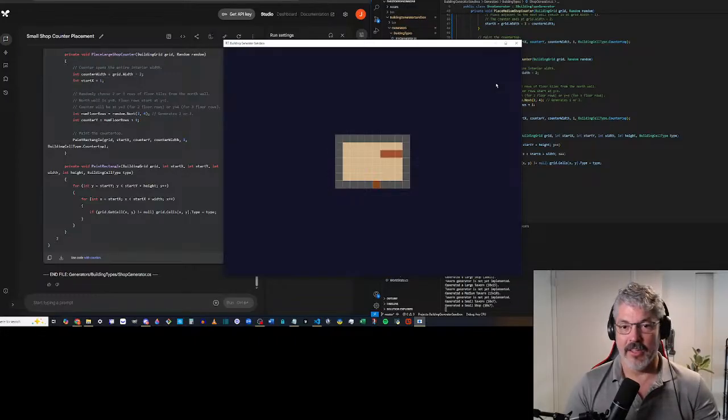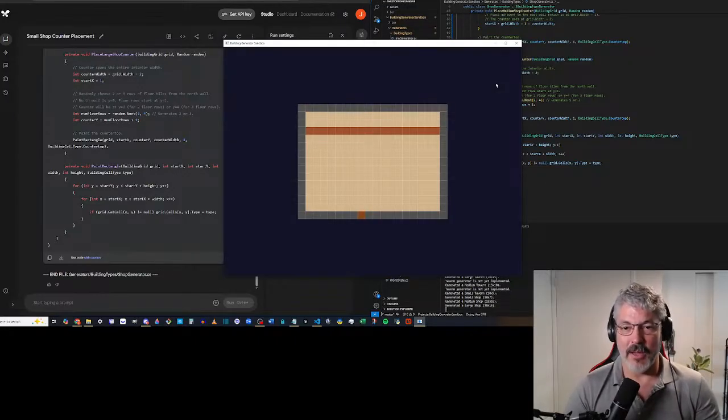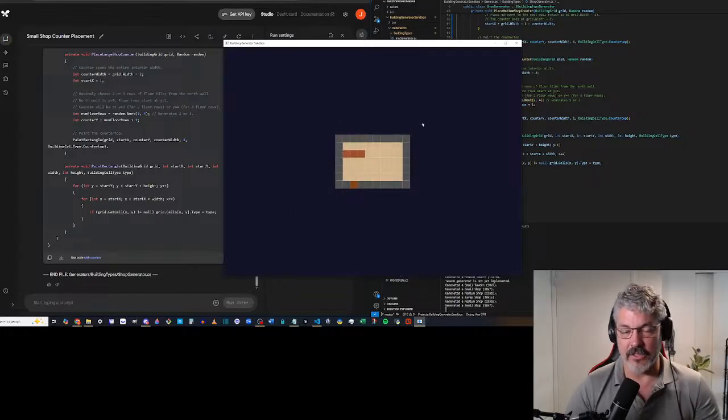Oh, by the way, for the weapon shop, I do want all NPCs to live in their village, and I want them to go home at the end of the day. So for this large shop, they need a way to exit. Now I might make it where the exit is just some sort of a door that they can walk through the countertop, or it might be a back exit. Hint, hint. Or it could be something else. I don't know. But I will have to make a way for them to be able to exit. So for the medium and the small, obviously they can just walk around the countertop.